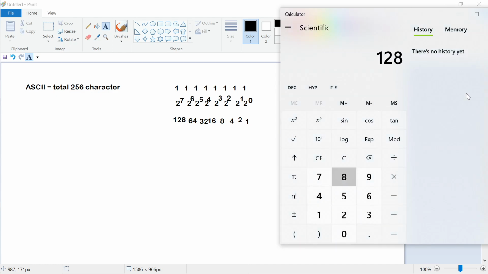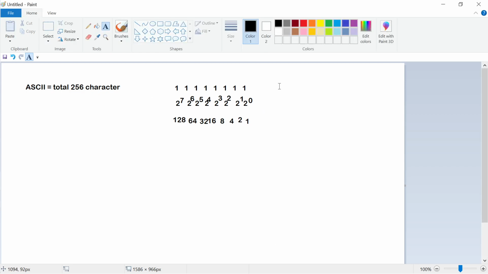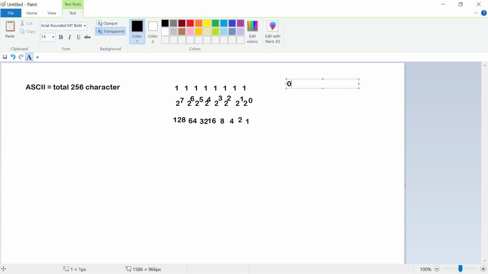128 प्लस 64 प्लस 32 प्लस 16 प्लस 8 प्लस 4 प्लस 2 प्लस 1, 255। मतलब आप अगर 8 बिट्स यूज़ करोगे कुछ भी चीज़ रिप्रेजेंट करने के लिए, आप 0 से तो चालू करोगे लेकिन आप मैक्सिमम किधर पहुंचोगे, 255 पे पहुंचोगे।